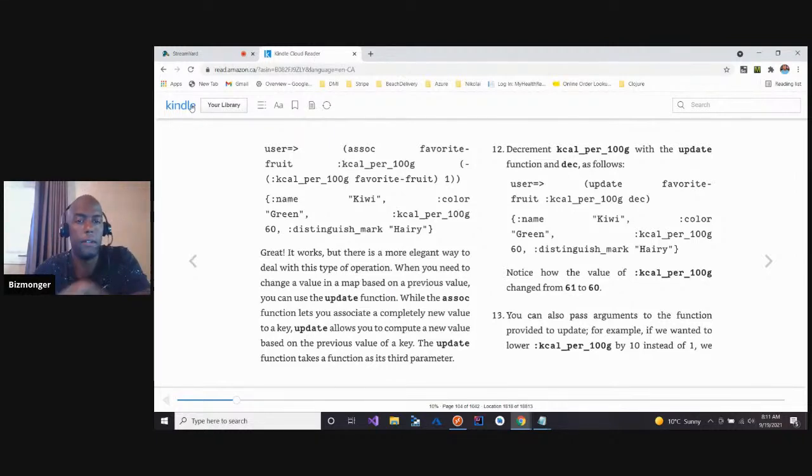Recently, I was learning about hash maps in Clojure, also known as maps. What I learned in my last session was that a key is defined with a colon in front of a word, and a map has braces and then your keys and then the values. That's the way they're declared, at least I thought that's the way they're declared.